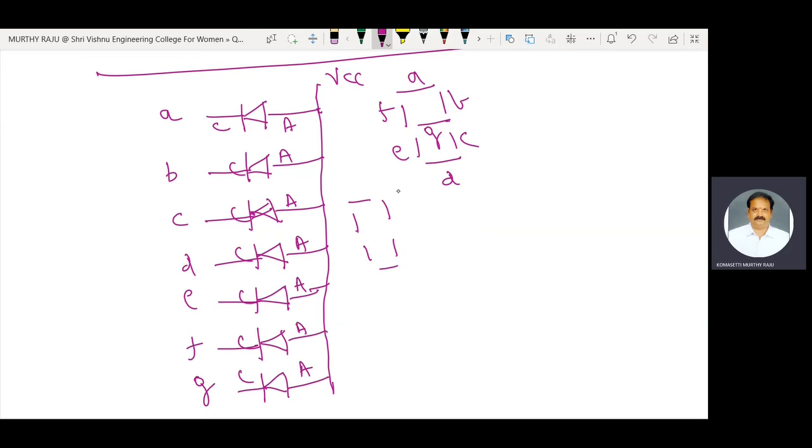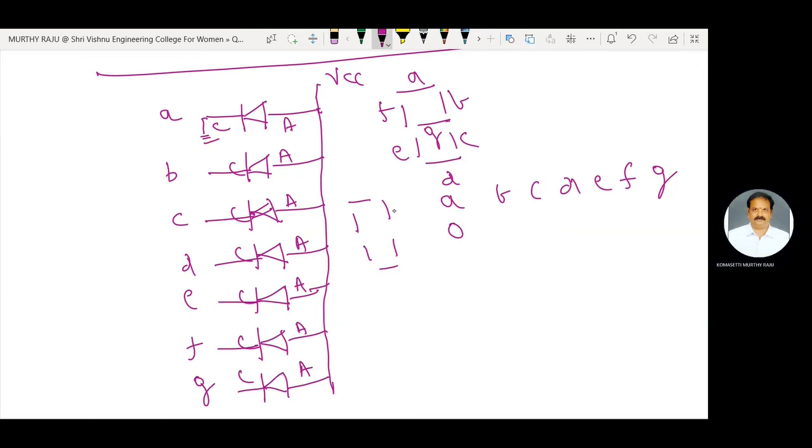Whenever A is on, the LED is on and A is connected to ground. That means 0. When B is on,